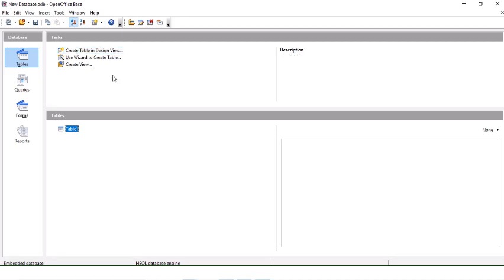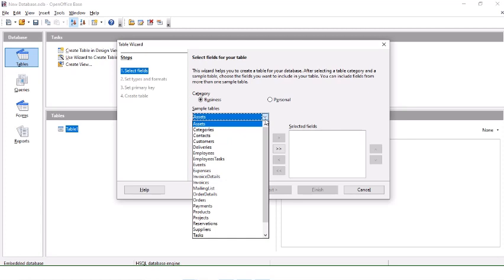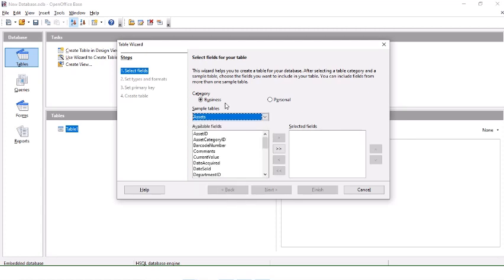Now next we have to learn to use the wizard to create a table. So now let's see the second option. Look here, they have already created some fields, which, if you are using for business purpose or personal purpose, you can just select those categories. We are just taking temporary ones.